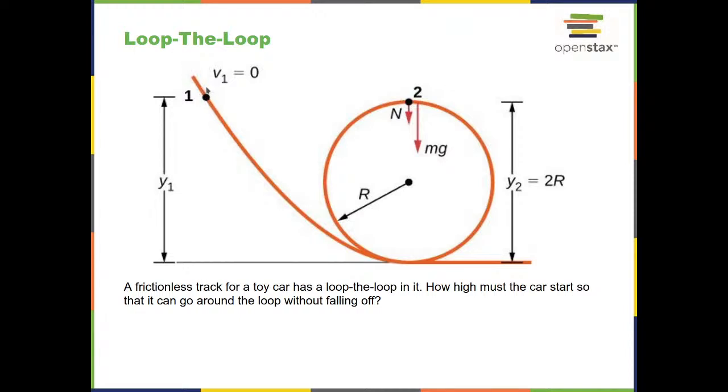We have to let it go from rest so that it makes that entire loop. So it doesn't end up here and roll back, or maybe get three quarters of the way up and then fall down. At what height do we have to let the marble go so it makes that entire loop? Now this is different from the inclined plane because now the normal force will change everywhere along this